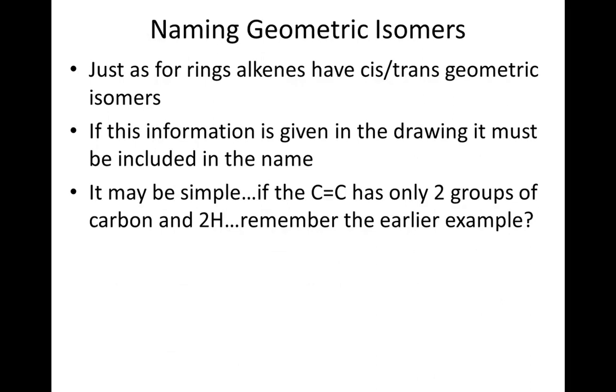Alright, so now let's talk about the geometric isomers. We know that alkenes can have isomers just like rings, so you could have 2 groups on either the same side or opposite sides of the double bond. And if you have that information given in a name, then you have to include it in your drawing. If people give you that name, you would draw the right thing. It might be pretty straightforward if your double bond only has 2 groups on it, 2 chunks of carbon and 2 hydrogens. So we had this earlier example,